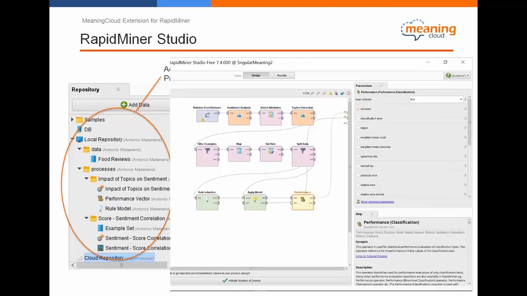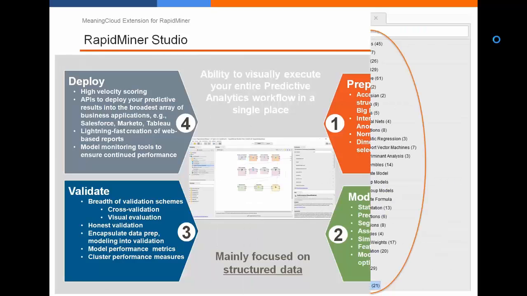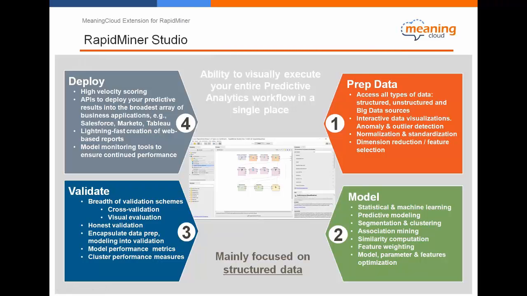So we'll see RapidMiner in detail when we go to our demo, but going back to my presentation, the idea behind RapidMiner is that it gives you the ability to visually execute your entire predictive analytics workflow in a single place with these functions for data preparation, visualization, normalization, standardization, modeling with statistical, machine learning, predictive, segmentation, all these different analytics modeling tools, validation of the models using all those visual evaluations on model performance metrics, cluster performance measures, pre-configured ways to measure the quality of your predictive models and the results of your analytics project,